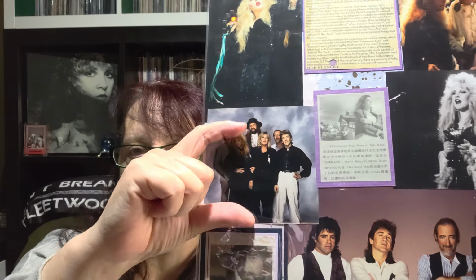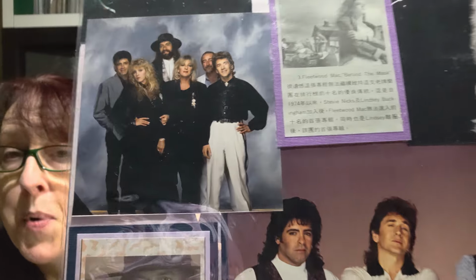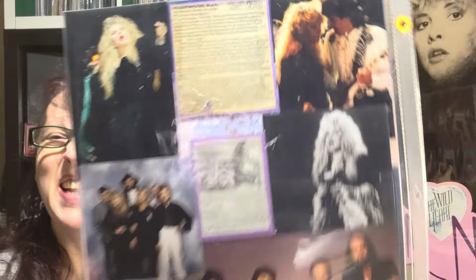And this is another one of those ones where the negative is a bit larger. So this is a picture, so the negative itself is probably about this big, this wide. So just a little bit smaller than this and about that tall. Definitely a larger negative. But because I had this, I've never had it printed up larger because that's good enough. And I think it's not an uncommon photo. It was just nice to have it in complete clarity like that. You can even kind of see a little off camera,